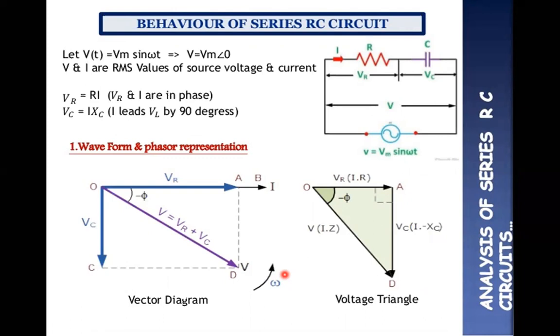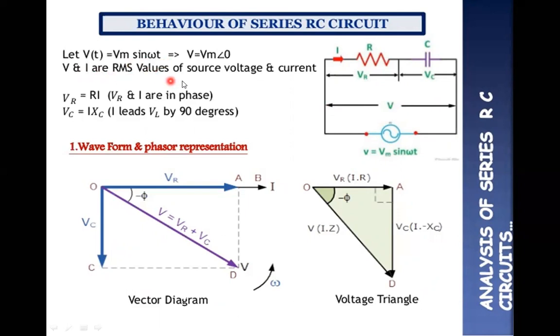Let us consider now the RC circuit passing through an alternating current, and here you can see this is an alternating current with the value of voltage V equal to V max by 2. The resistance and the capacitor are connected in series with this given source. The voltage across the resistance we assume as VR, and across the capacitance is VC, and I is the current flowing in the circuit, and the total voltage across these two components is taken as V. So this V is nothing but V max sin omega t.